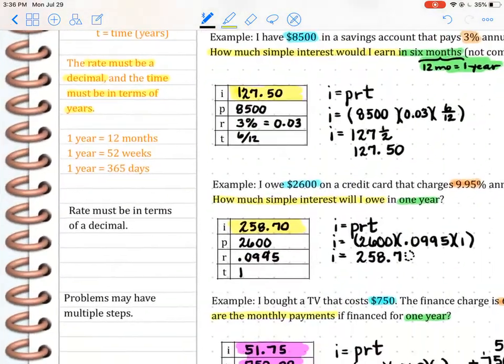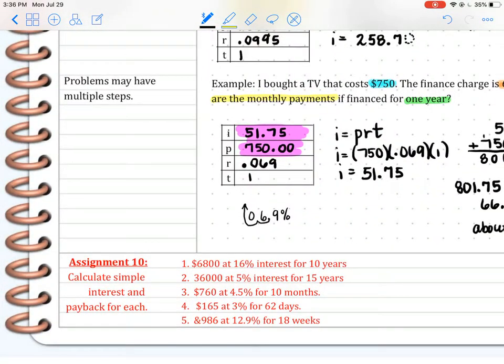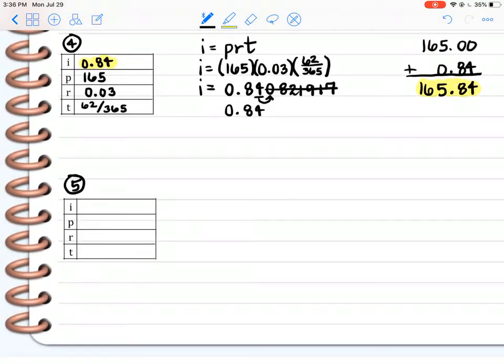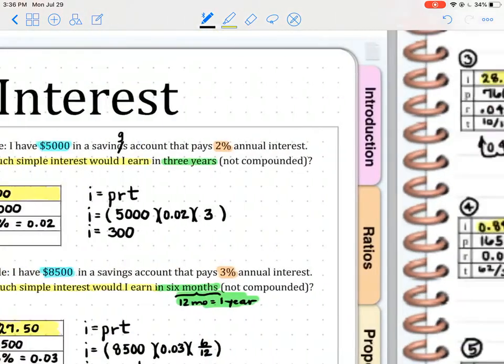So here's number 5. Let's look at that one. And this was supposed to be a dollar sign. I knew there was a mistake somewhere. That's why I keep flipping back. So it's $986 at 12.9% for 18 weeks. So principal is $986. It's a pretty good chunk of money. The rate,